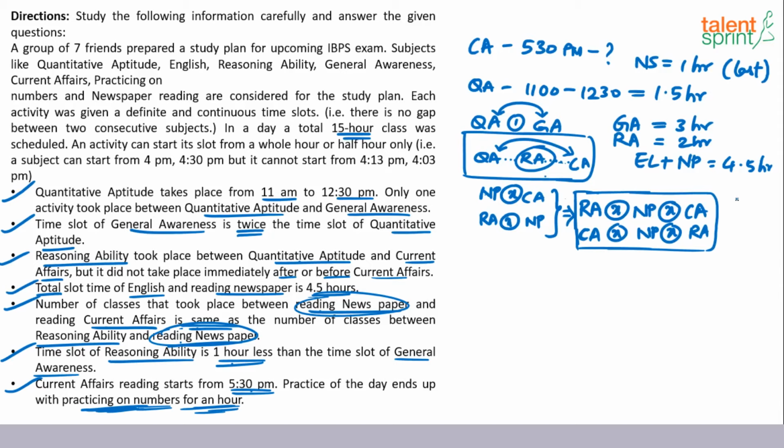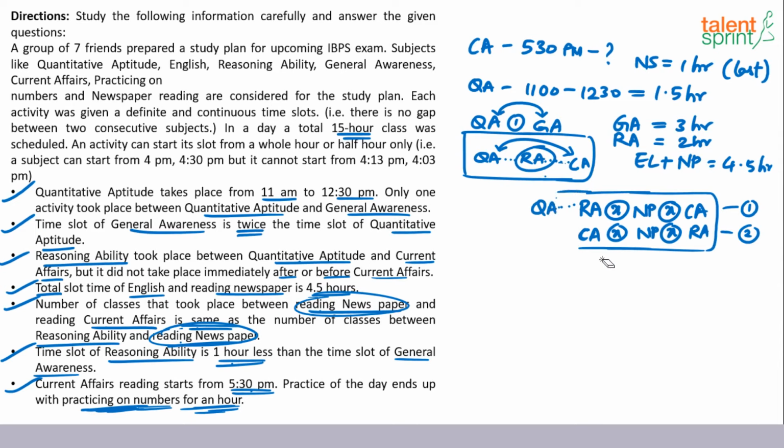Yes or no? There are two possibilities. Case 1, let's say, and case 2. In case 1, what happens? Since RA has to be anywhere between QA and CA is here, so QA should be on this side. Right? QA will be coming somewhere this side. QA will come before RA. I can maybe do this. I can erase this part, and then maybe explain it to you, right? So if you see, since RA should be between QA and CA, QA can come here in case number 1,